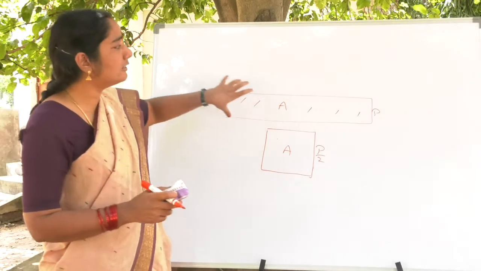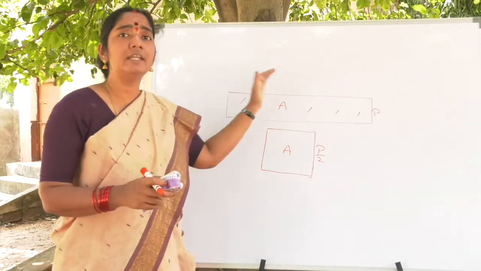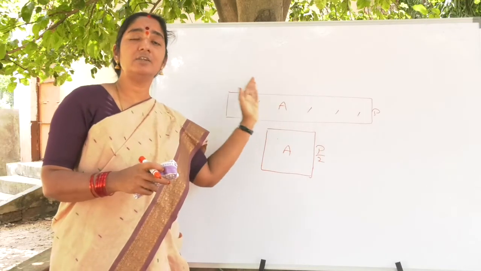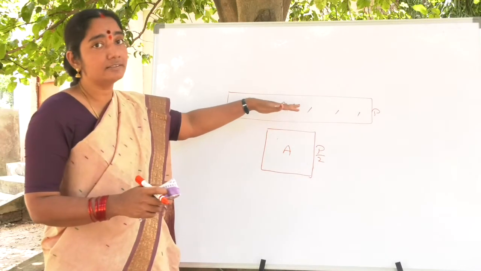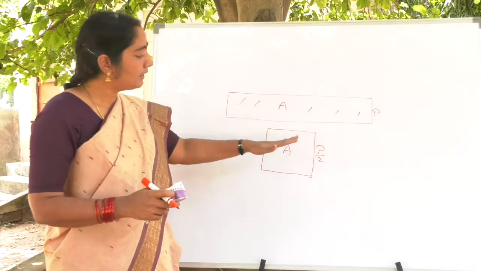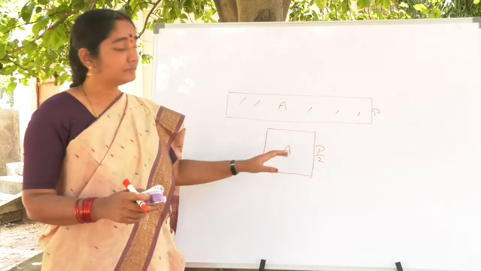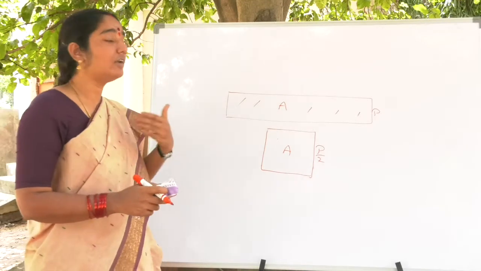For example, you are constructing a building of this shape. You have to use more material. You have to use more number of bricks. Your cement will increase, your iron will increase, all the cost will increase. But the area will be less. It is not economical. But if you take this shape, your bricks and all material will decrease and your area will increase. So always we have to apply this.